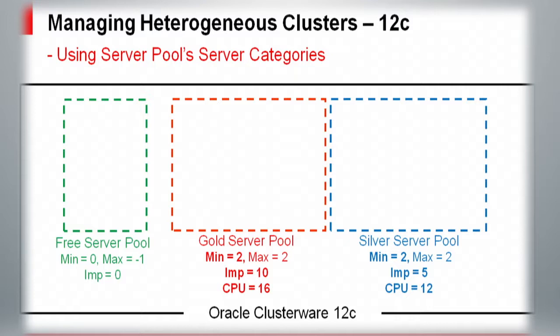In this particular example, we've got 2 types of servers. One is a newer generation 16 CPU servers. The other are older generation 12 CPU servers. And so what I want to do is